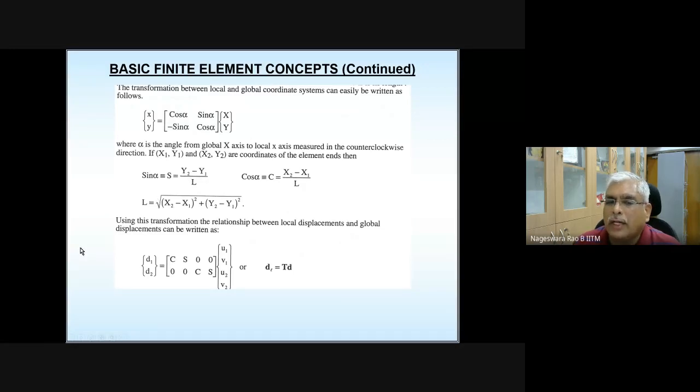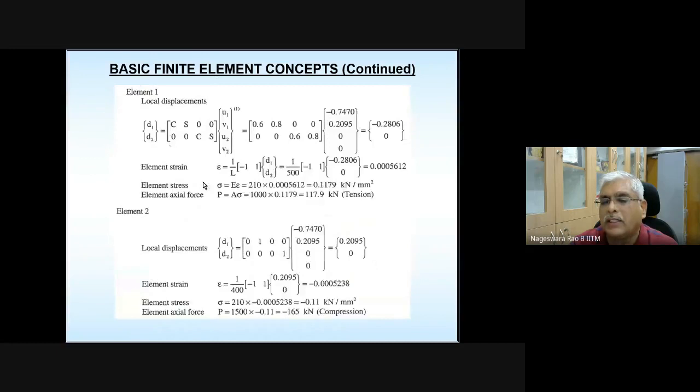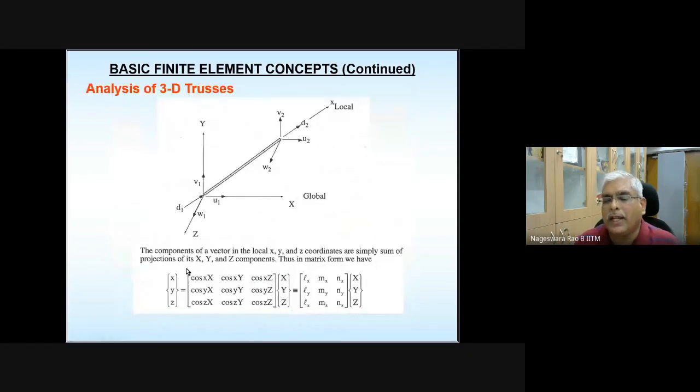And to determine length of the element, here you have x2 minus x1 whole square, y2 minus y1 whole square, and there you are going to get plus z2 minus z1 whole square. And here you have defined something like this. There we are going to use some other notation. Okay. So let's see that quickly. Let's see 3D trusses. It's very simple. So the direction cosines look like this.